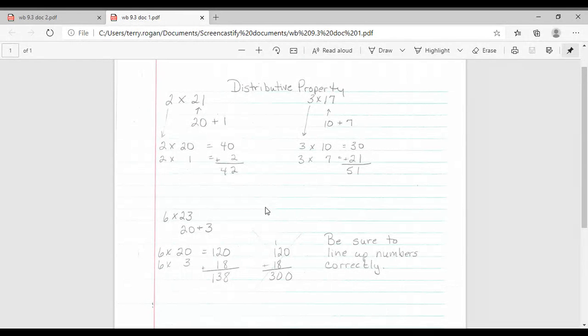One thing that I want to point out is it's coincidental that the 1-digit number is in the front and the 2-digit number is in the back. If this were reversed and it said 17 times 3, the 17 is still the number that you would split apart. It's the 2-digit number that you are going to distribute or split apart, whether it's in this position or in that position. Your worksheet doesn't have it reversed, but I just want to point that out